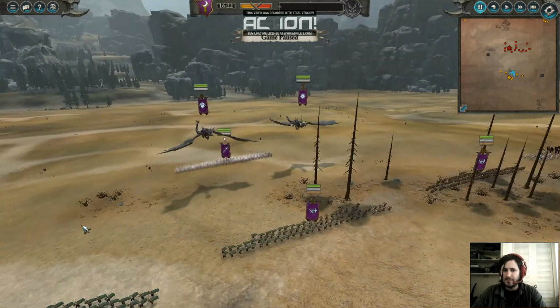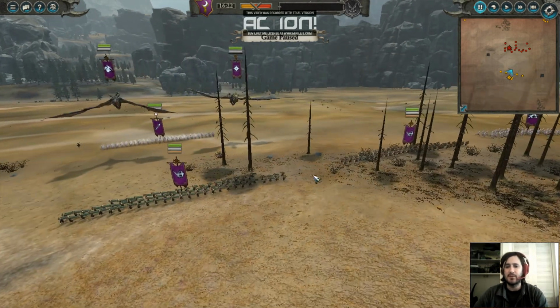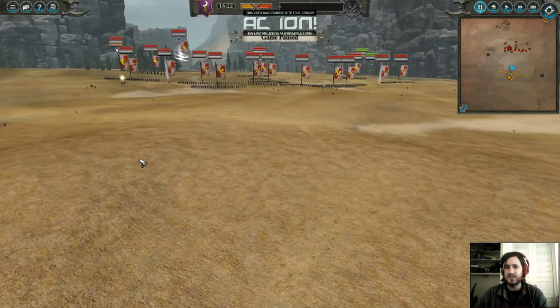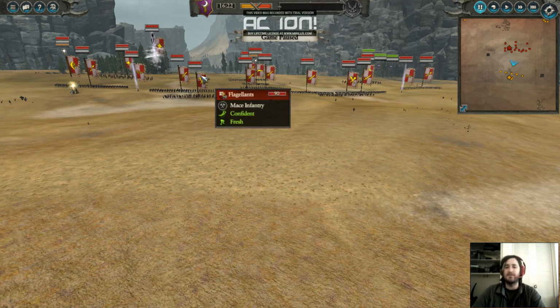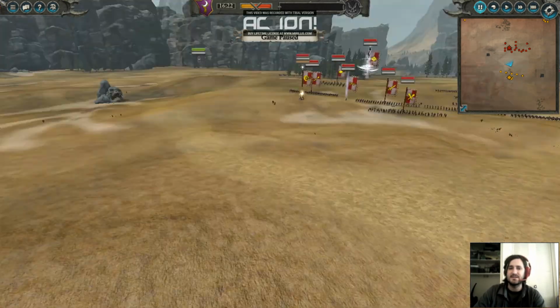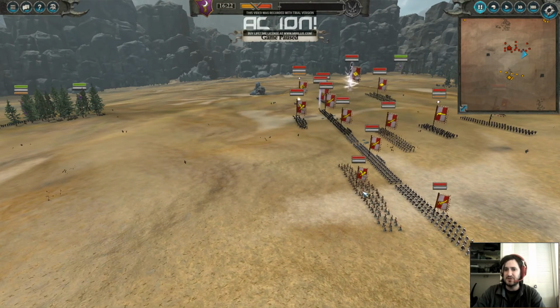I brought a front line of Black Arc Corsairs with handbows. The idea behind them was they'd be able to skirmish any great swords or any flagellants or tattersalls or anybody like that. Since they have fire while shooting, they'd be able to kite and do a lot of damage, especially to these